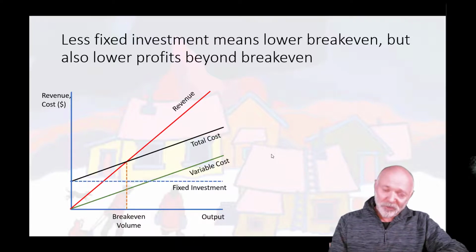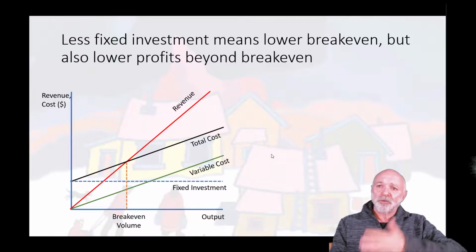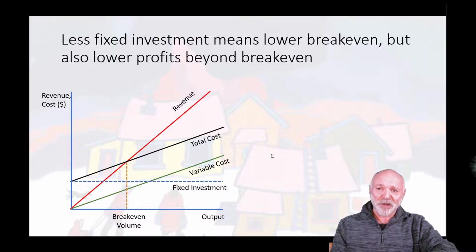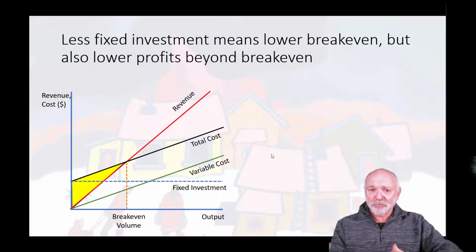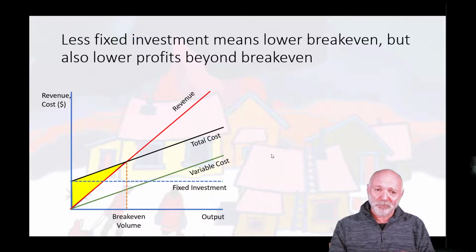The reason why I'm telling you this is because when we're anywhere to the left of that break-even point, in that yellow area, we've got a loss. That's our operating loss, negative operating profit, or negative EBIT. And if we drop below the break-even value by a slight amount, we have a small operating loss, but it